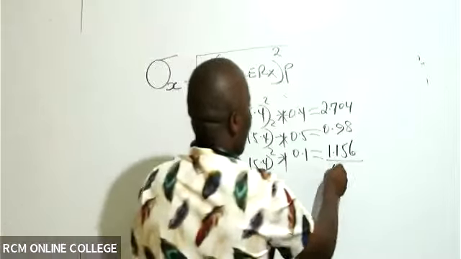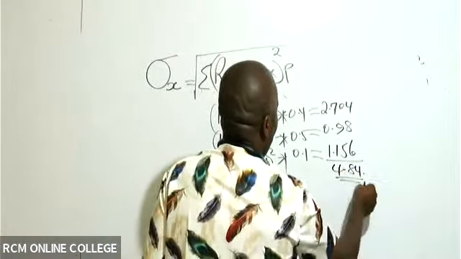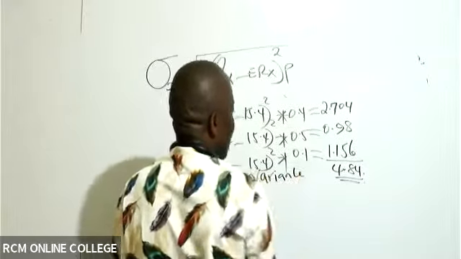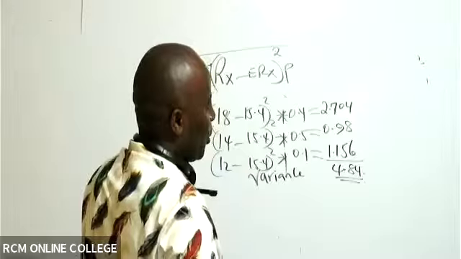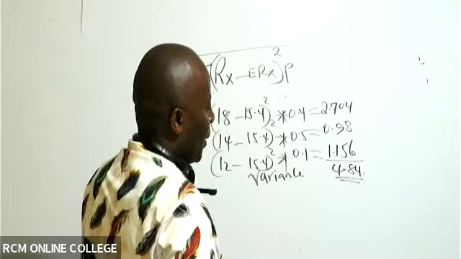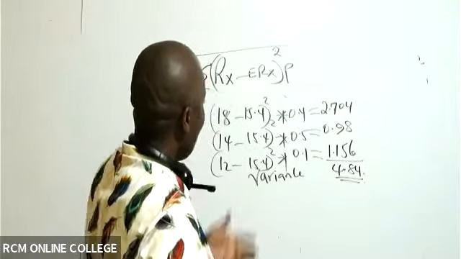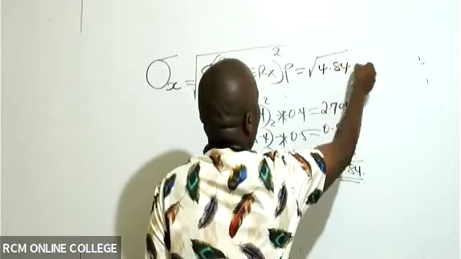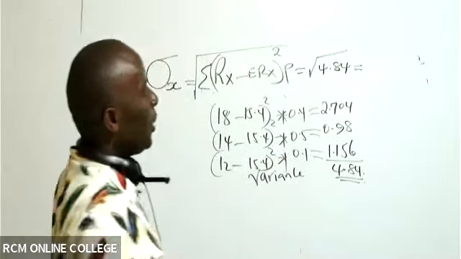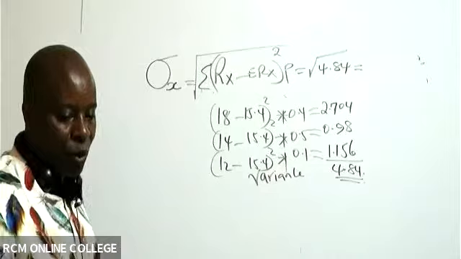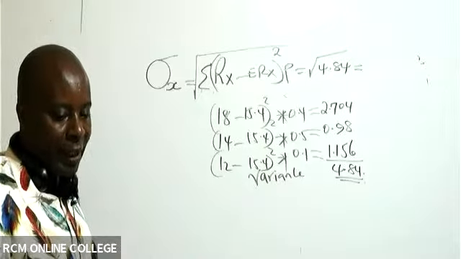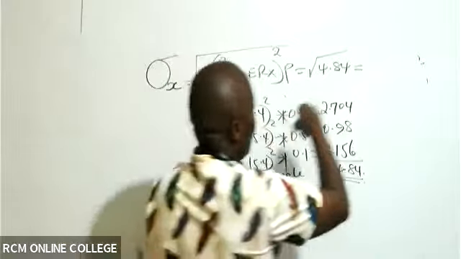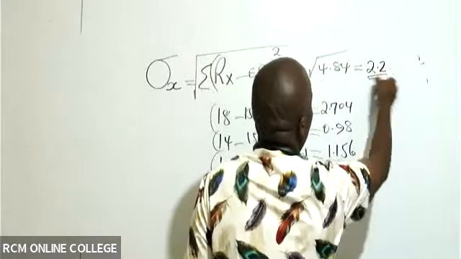4.84. So what is the special name for this that you have just gotten when you add? You've gotten what we call variance. And the standard deviation is the square root of the variance. So I should come here and say square root of 4.84. Then that will give us what figure at the end of the day? 2.2. So this gives us 2.2 like that.